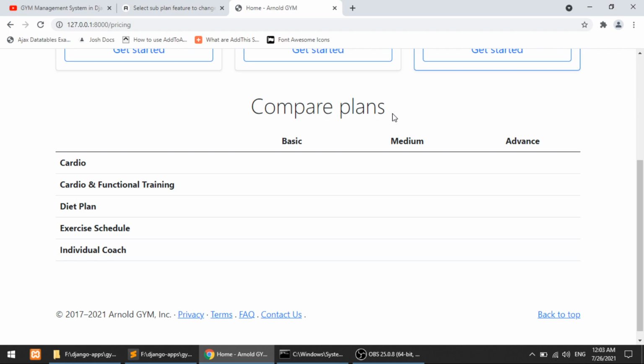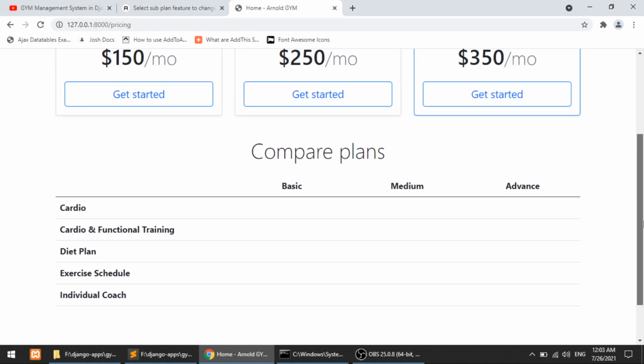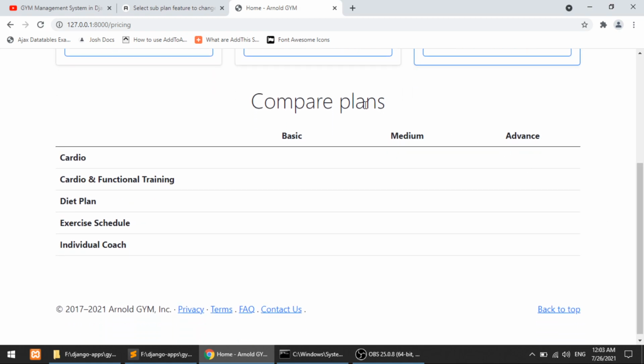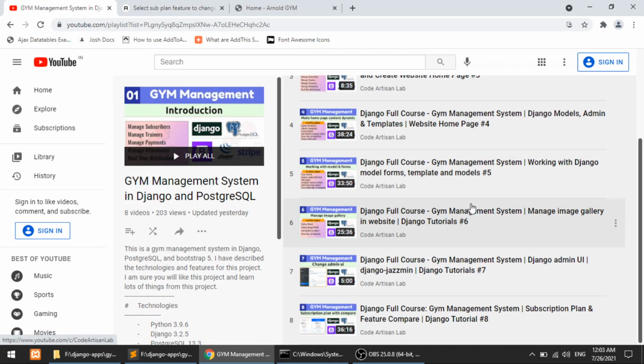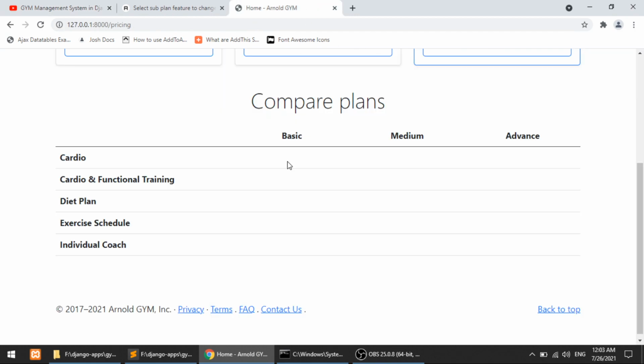In our previous video, we implemented this, but we faced some kind of issue, so I gave you a task to figure out how we can do that. I requested you to add your thoughts in the comments, but I didn't receive any comment on this. But it's okay, I will show you how we can show the comparison.